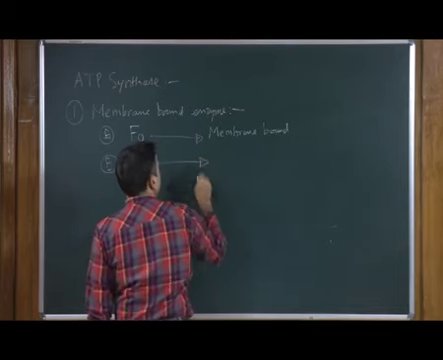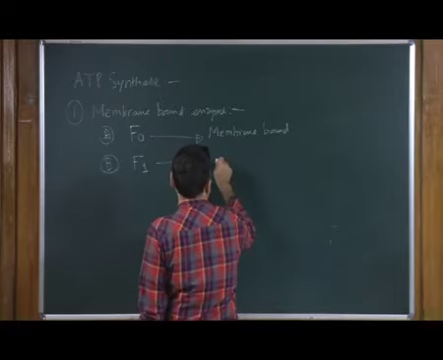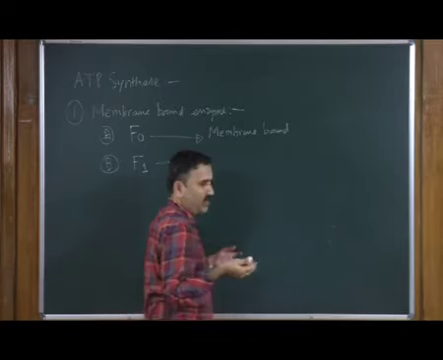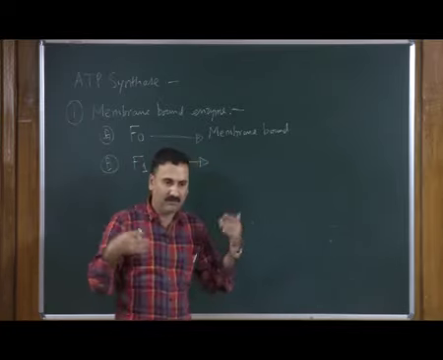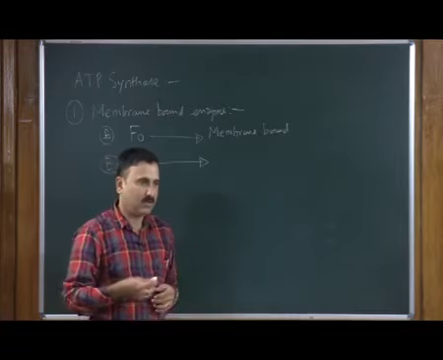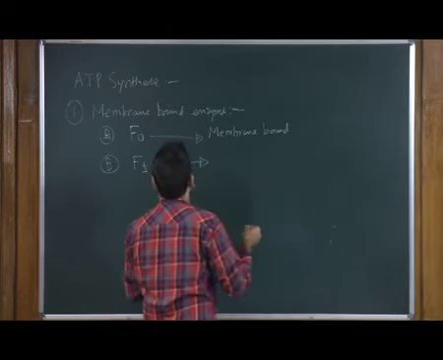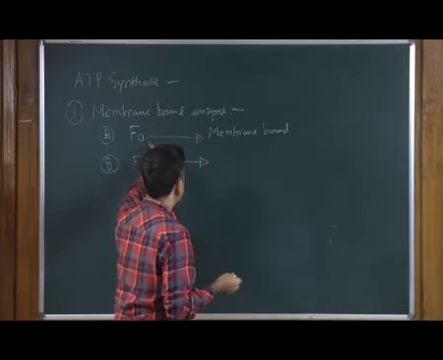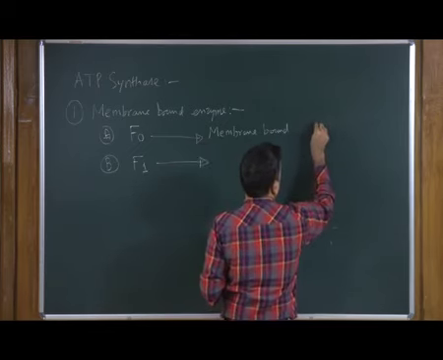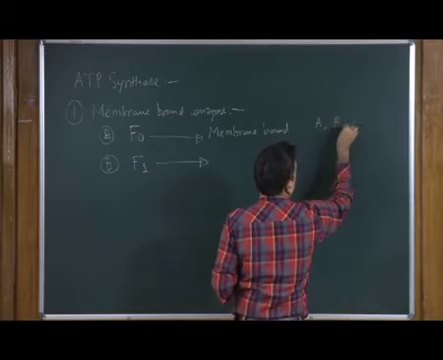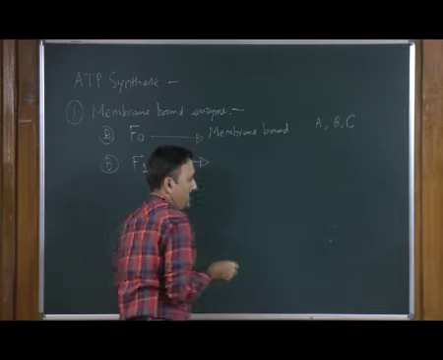and F1 is the actual enzyme which is catalyzing the combination of ADP plus PI to synthesize the ATP, and that is not membrane bound, that is free in the lumen. So, the FO subunit is made up of three different proteins known as A, B and C, whereas the F1 subunit is made up of different types of